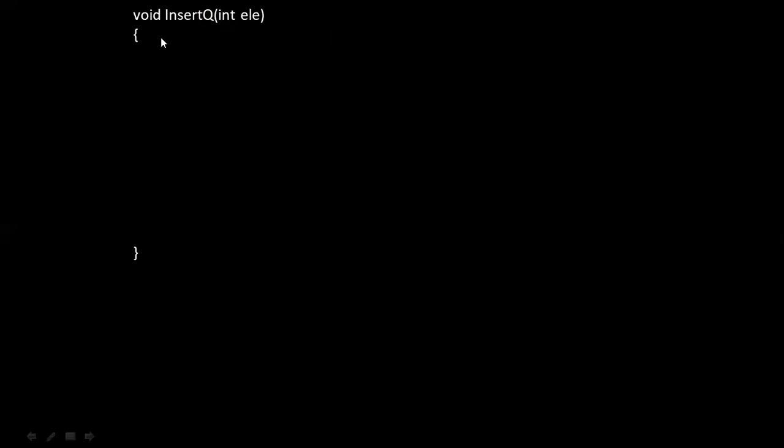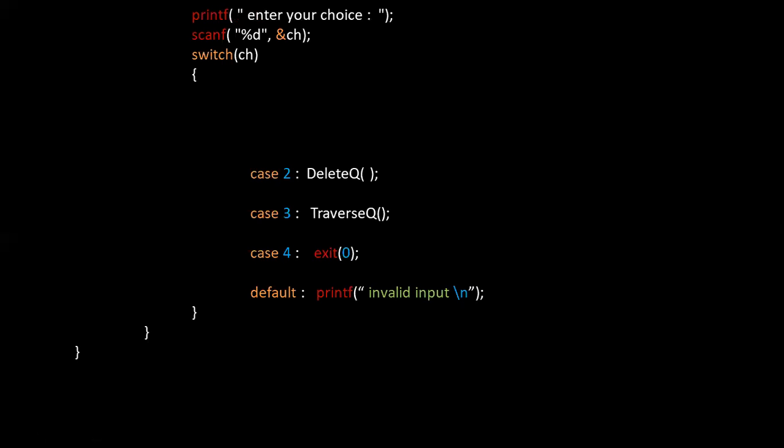Since the insert function is taking one element, we have to pass that here. So before calling the insert function, first we have to ask with printf, enter the element you want to insert into the queue. Then we have to use the scanf function. So using scanf %d ampersand item. So this item variable we have to declare.